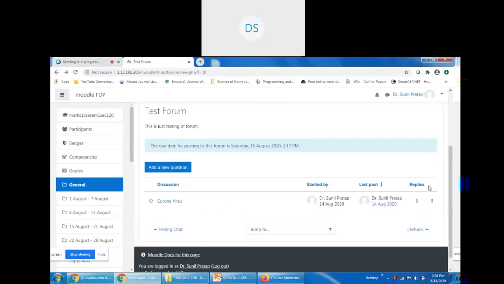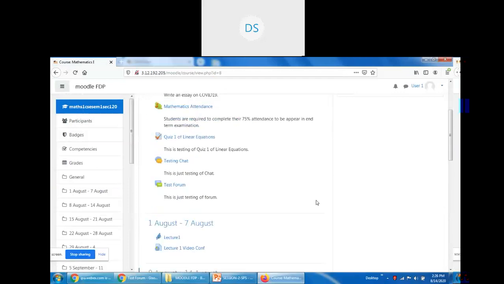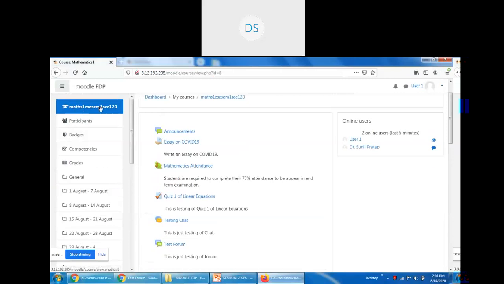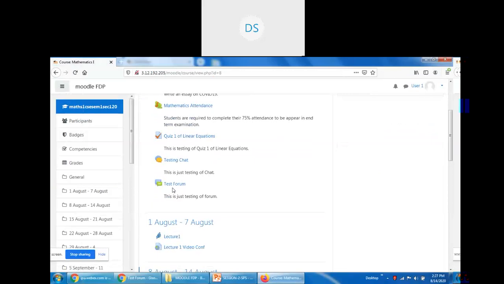Now to check the working of the forum, we need to log in with the student role. So in my Mozilla browser window, refreshing the home page, I can see in the role of student there is test forum appearing at last in the general section of the course page.